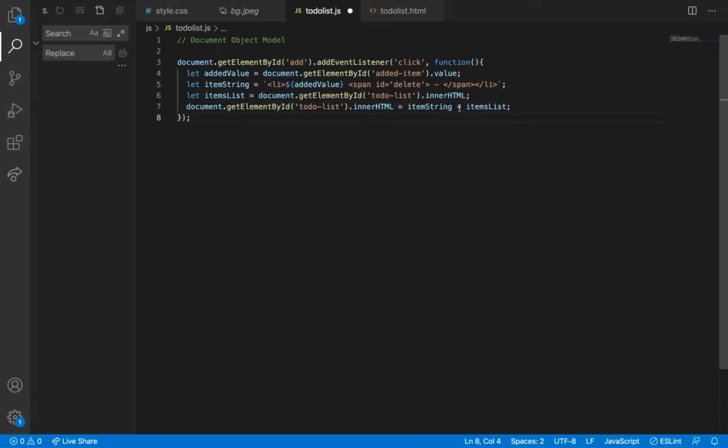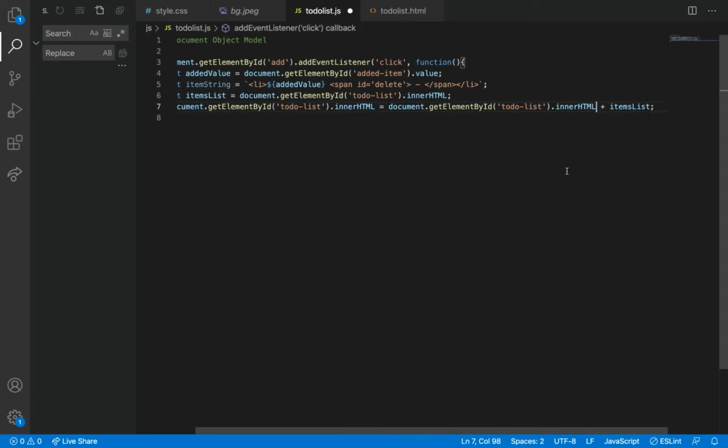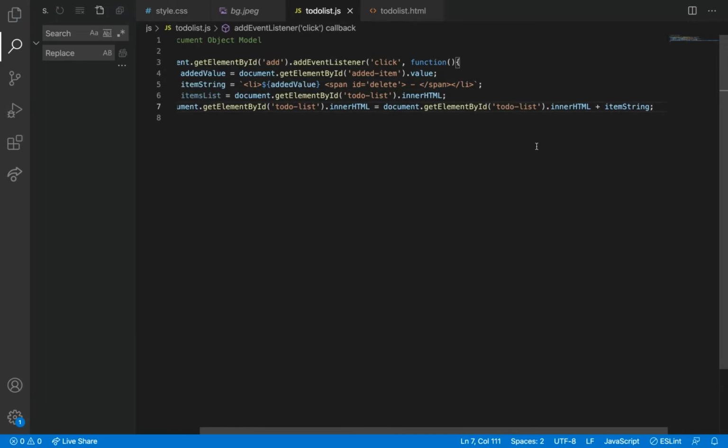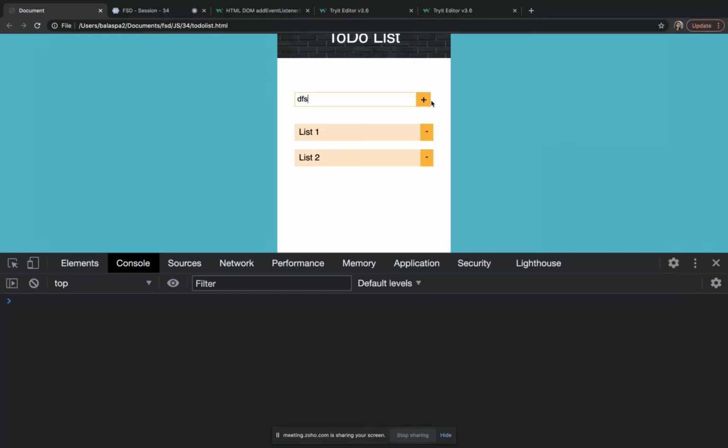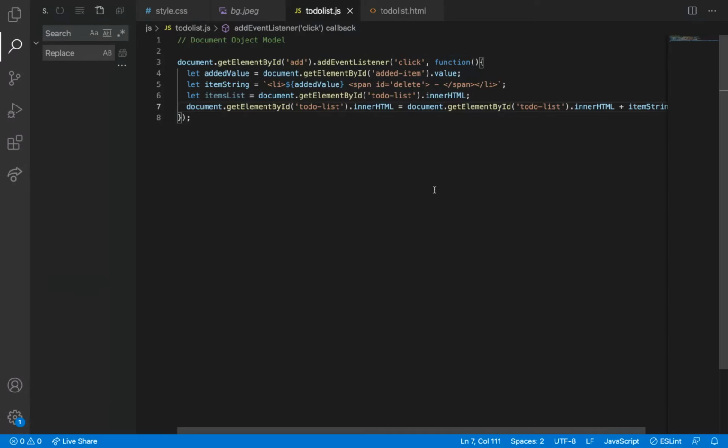Equal to item string. It's getting added. But what mistake did we make already?